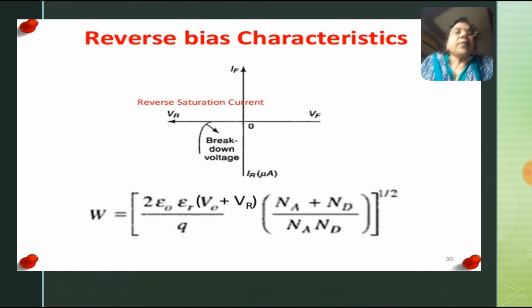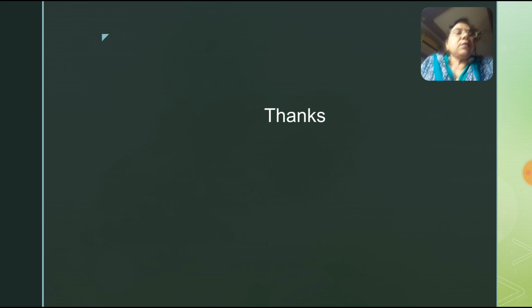Okay, in reverse breakdown voltage also you see the current value increases after some reverse breakdown voltage. Okay, so today we have covered so many points. So in the next lectures we will see rectifiers and